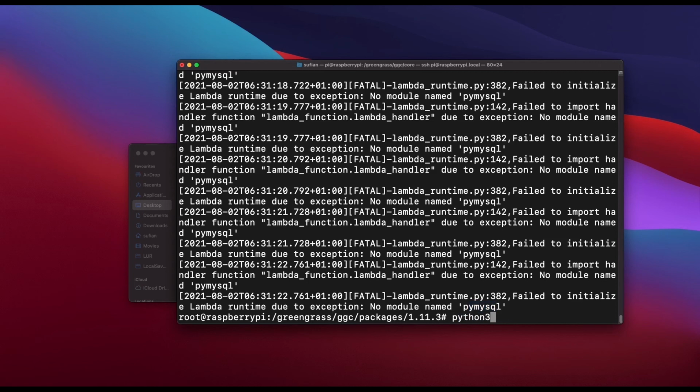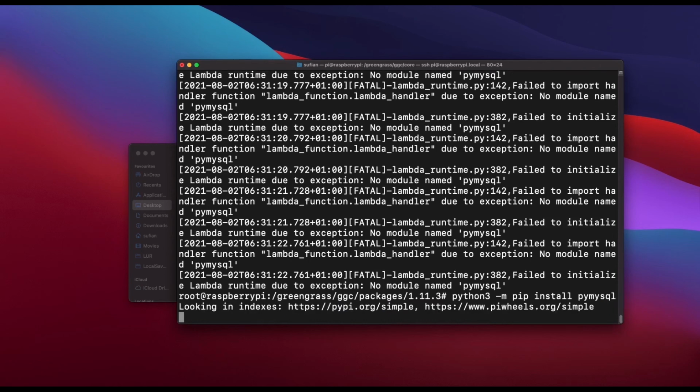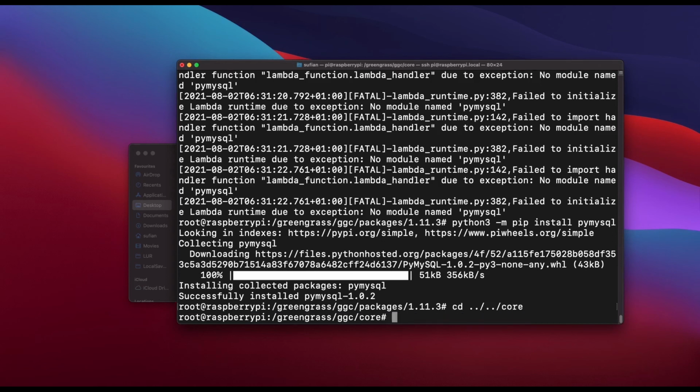Since I'm currently in the root user, python3 -m pip install PyMySQL. Okay, this is installed now.